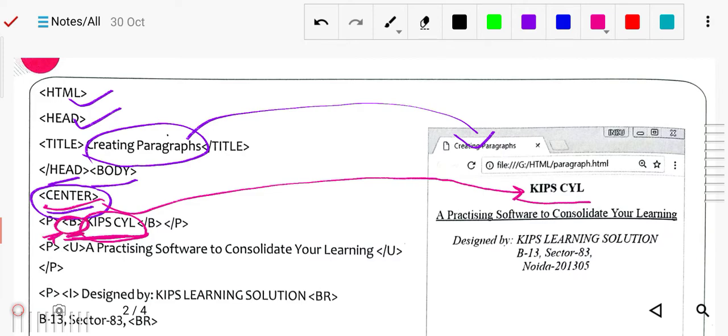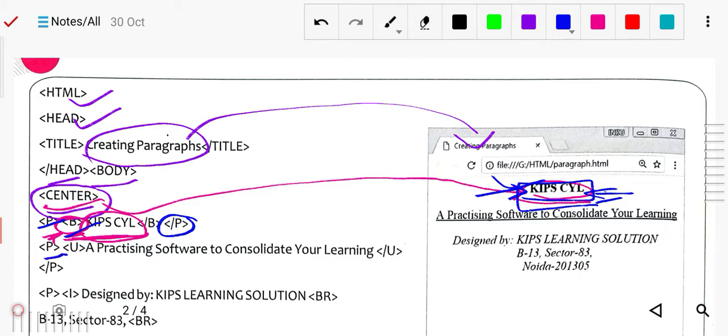Paragraph is closed, then the next paragraph is started. So in this word KIPSCYL we have used 3 tags: center, bold, and paragraph.